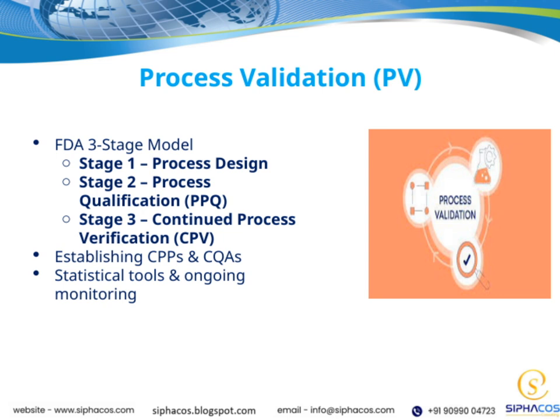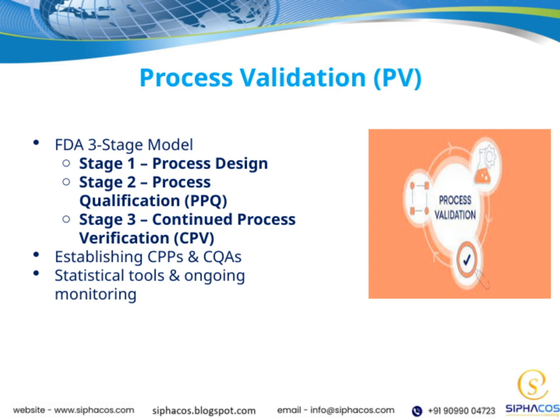In Stage 1, which is process design, we focus on developing a robust process based on scientific understanding and initial testing. This stage sets the foundation for everything that follows. Moving into Stage 2, Process Qualification, or PPQ, we aim to confirm that the process can produce consistent, quality products. This involves establishing critical process parameters, or CPPs, and critical quality attributes, or CQAs, to ensure we're controlling the right